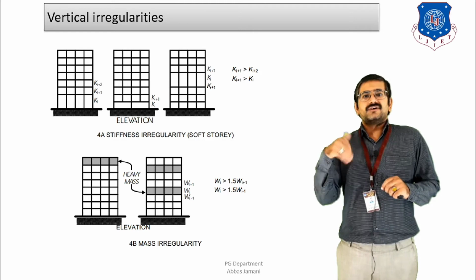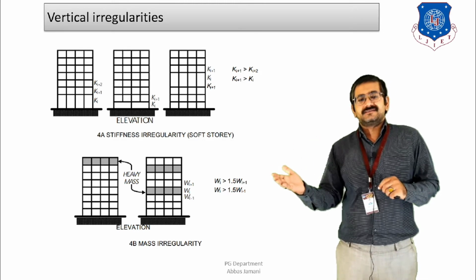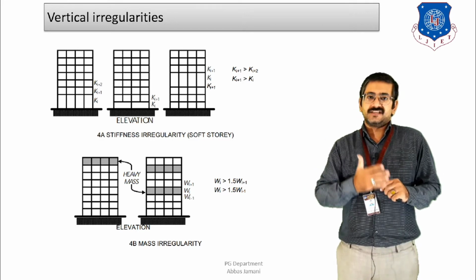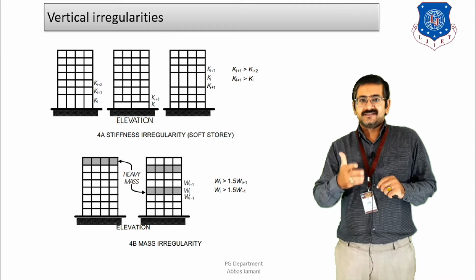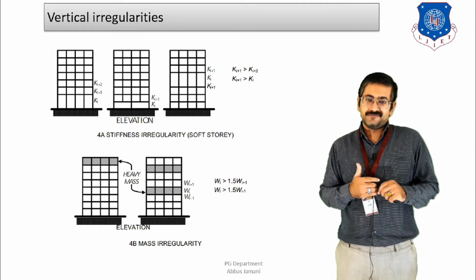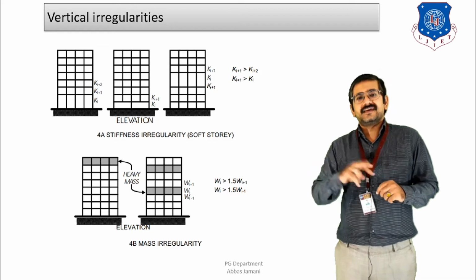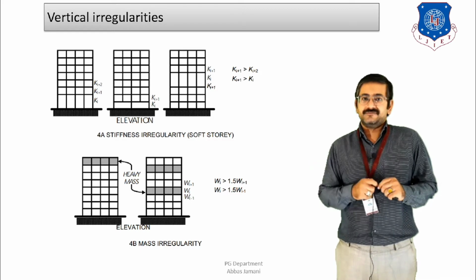So when you are going to design the elements, the design should be done for the higher case, whether you are getting a higher amount of forces in the bare frame or in the SDP, that is, where you have considered the effect of unreinforced masonry infills, right? Of these two cases, wherever the forces are more, those forces should be considered for the design of beams and columns.